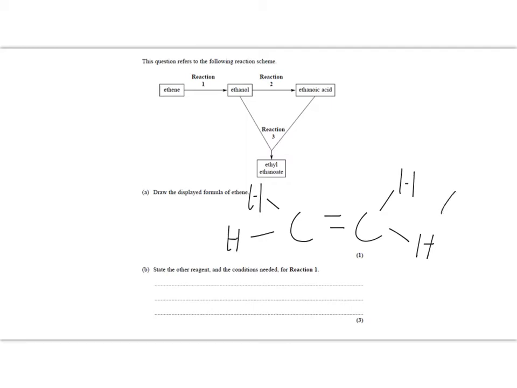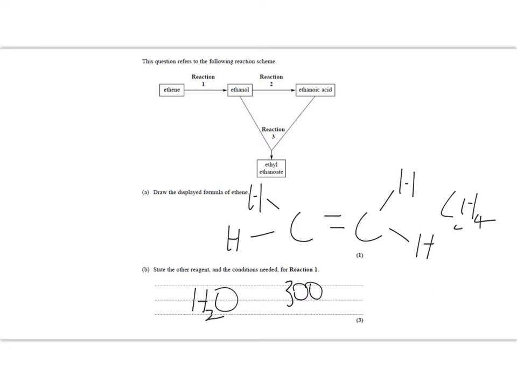So it'll be C2H4. Obviously you wouldn't write C2H4 in the exam because that's the molecular formula. Now the other reagent needed in reaction 1, turning ethene into ethanol, and that's water. Now it's not asked us to name it or write the formula, so you can do either. So I'll write down H2O, and the conditions needed for this reaction,